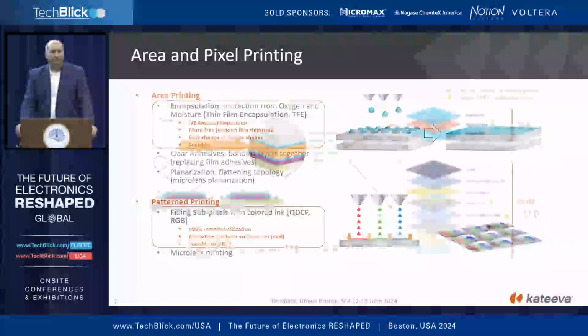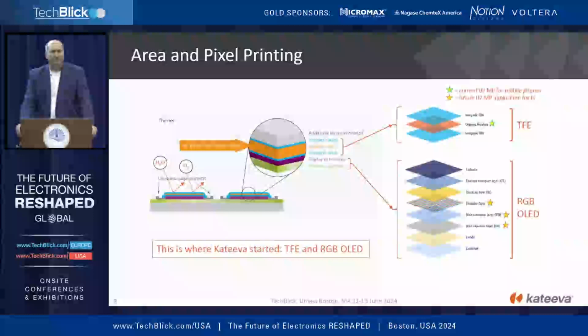This diagram here really shows well what an OLED stack looks like. And it actually shows our strengths in printing fairly well. The orange layer that you see there is what we actually print. That's the thin film encapsulant. It's an organic acrylate layer sandwiched between two silicon nitride layers. And that's what provides